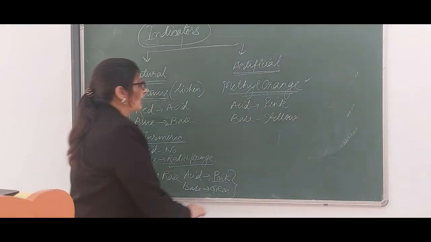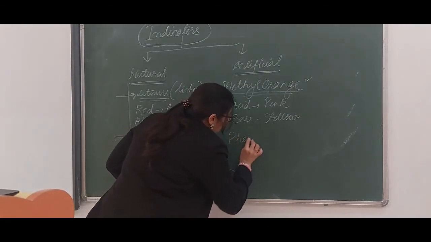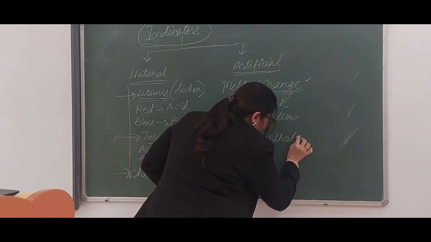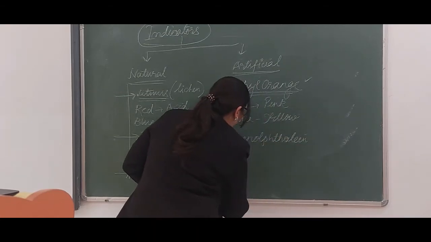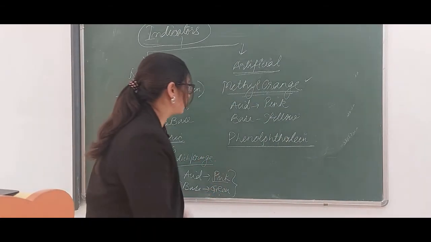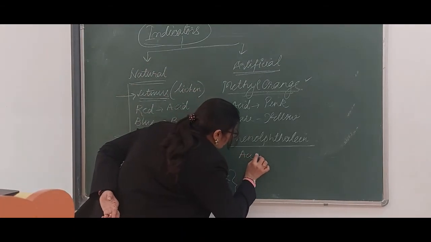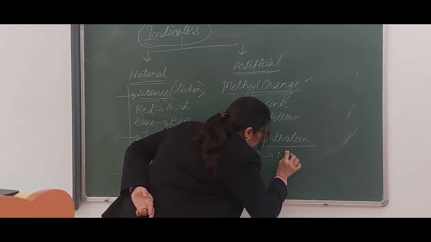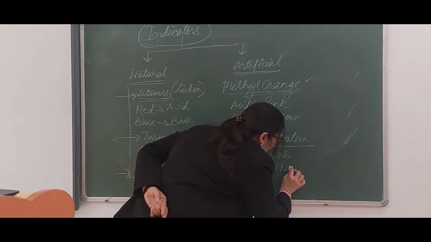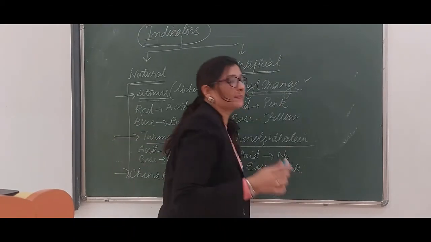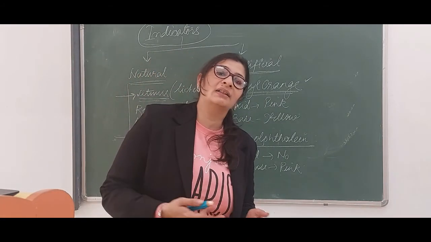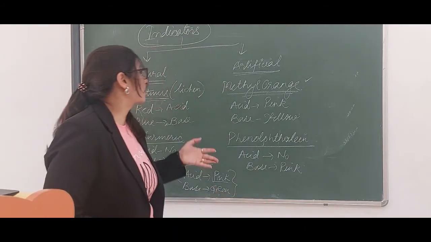One more is there, that is called phenolphthalein. Phenolphthalein is a very good indicator used in higher classes. When you study in higher classes, you will see it. It doesn't give any color with acid, no color, but when it comes to the base, it gives a dark pink, pink से various shades of magenta. कितना आप acid, कितना base उसमें डालते जाओगे, उतना ज़्यादा pink color आपको मिलता जाएगा.